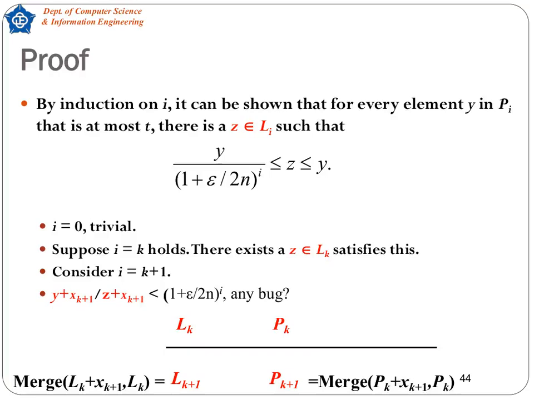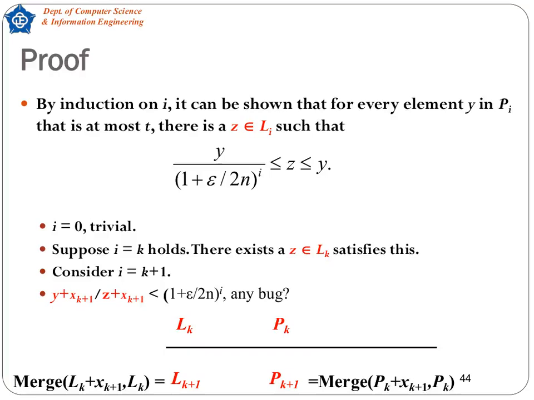Assume at stage k that each y in P has a z in L meeting the bound. To move to k plus 1, we insert the next item x into both lists and then merge: L equals merge of L and L plus x, P equals merge of P and P plus x. Because our merge procedure always ensures any two consecutive elements differ by at most a factor of 1 plus epsilon over 2n,